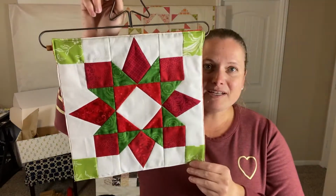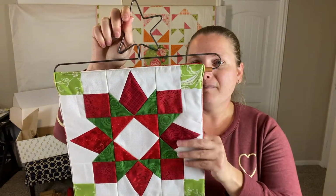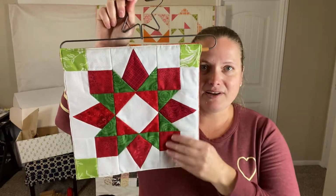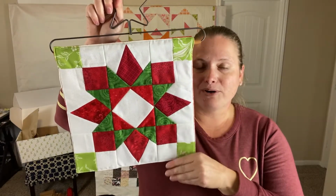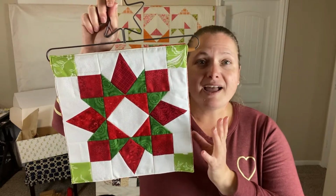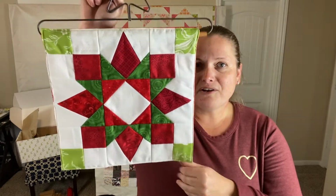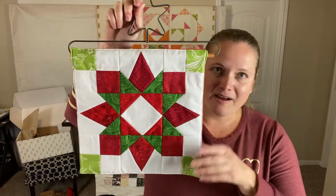And I think what I'm gonna do is make some blocks for different seasons and holidays. Because you could definitely put like a pumpkin or a leaf on here for getting into fall and Thanksgiving. This is obviously perfect colors for Christmas. You could do a 4th of July inspired one for summer, something for Easter. So, you know, definitely a lot of things you can do with this, Valentine's Day, a bunch of different things